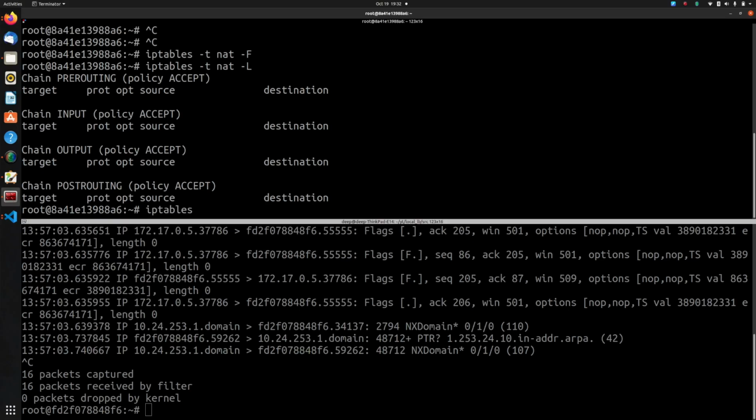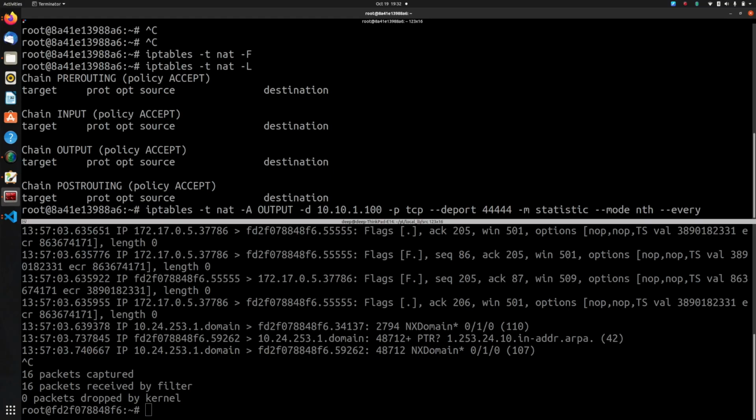So let's do that. iptables -t nat -A OUTPUT -d 10.10.1.100 -p tcp --dport 44444 -m statistic, the module, --mode nth, which is also the algorithm, --every.